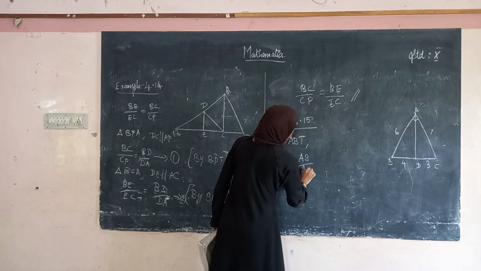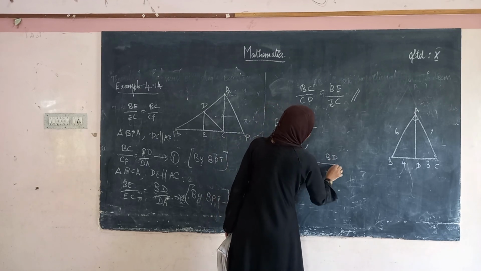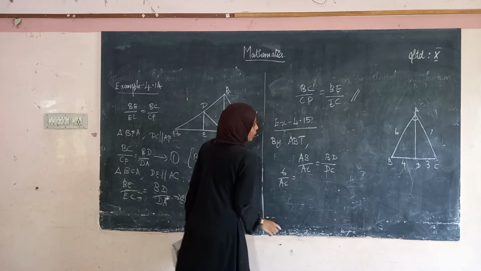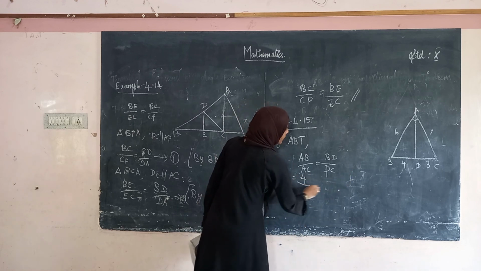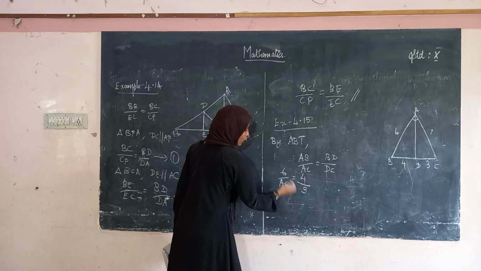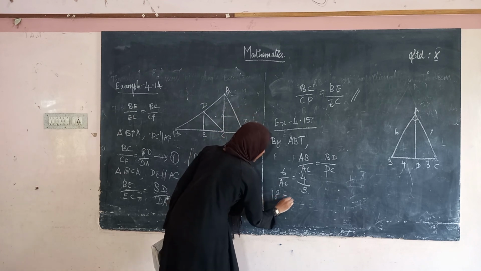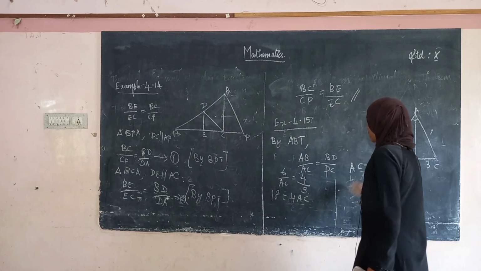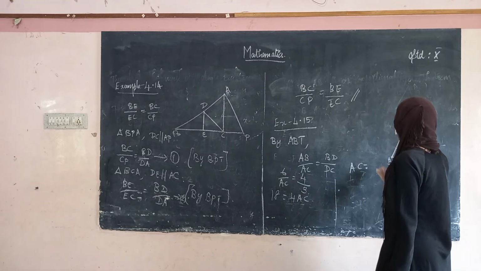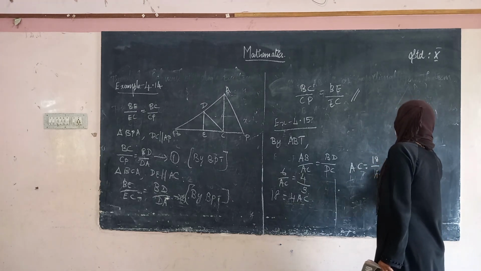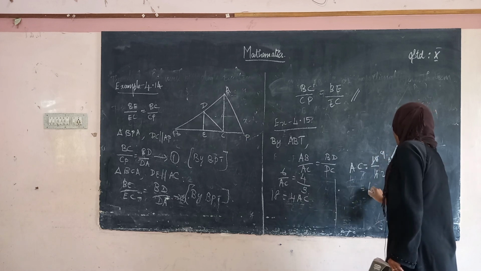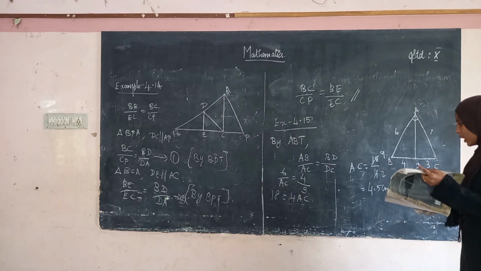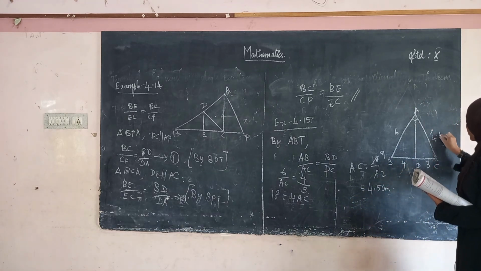By the angle bisector theorem, we can write AB divided by AC is equal to BD divided by DC. What is AB? 6 divided by AC is equal to BD, which is 4, divided by DC, which is 3. On cross multiplying, 6 times 3 is 18 is equal to 4 into AC. We want only AC, right? Therefore, AC is equal to 18 divided by 4, which is 9 divided by 2, 4.5 centimeter. So AC's value is 4.5 centimeter.